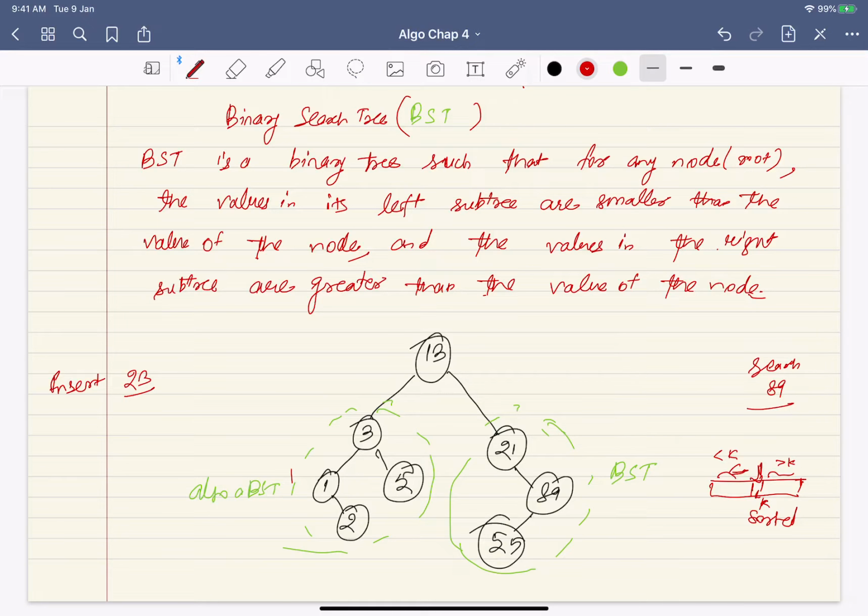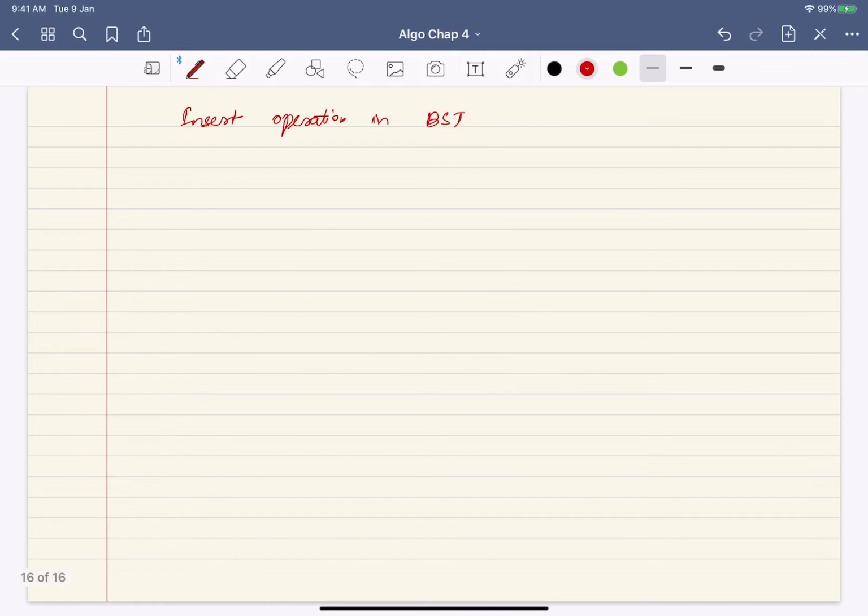There is one crucial thing about insert. Suppose you do not allow the same value to be inserted multiple times. So let's say if the value is already present in the binary search tree, we just return the same tree.